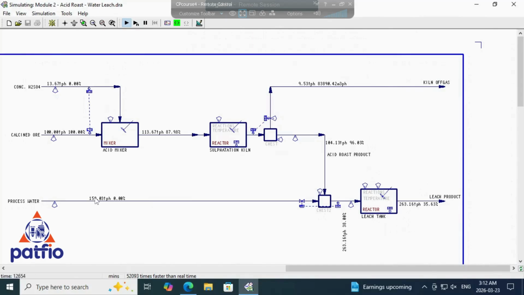Here I have 159 tons per hour processed water that is adding to this 104.13 tons of acid roast product. They mix. Then from there we have 263.16 tons per hour at 38% solids. That percent solids we use the controller on the processed water. So now this controller is controlling the amount of water entering so that we achieve 38%, and the 38% goes